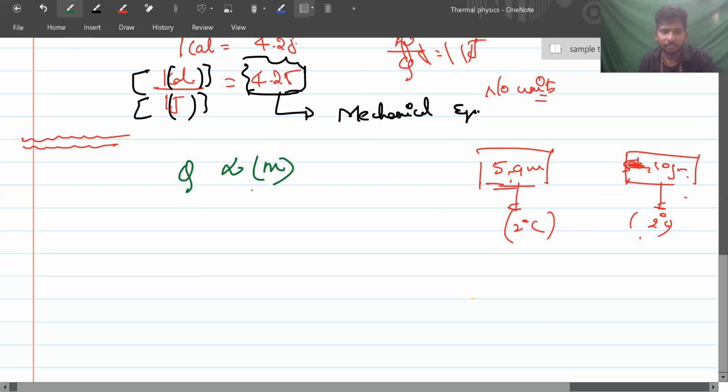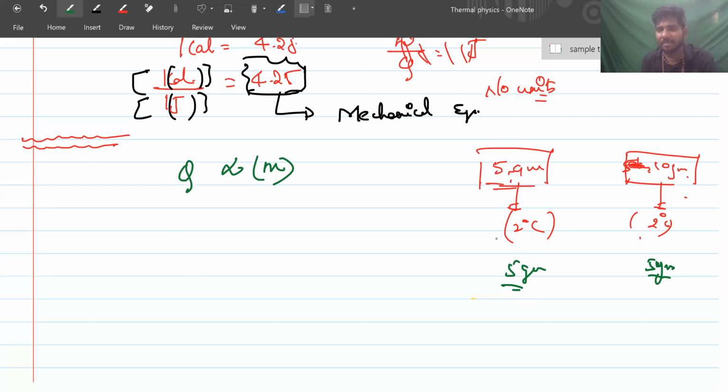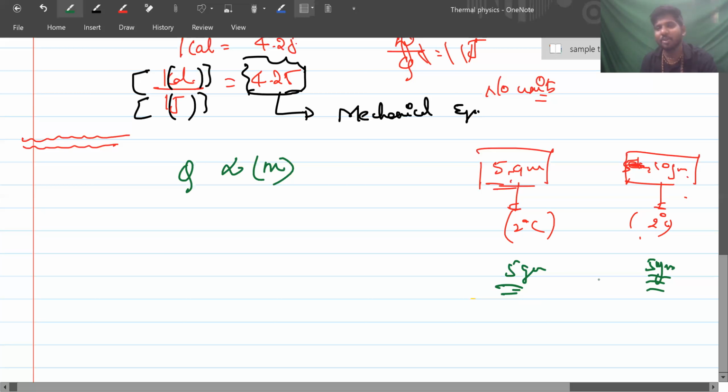Now I took two situations, 5 grams and 5 grams. The actual derivation, how they derived it, is different. Just to make you understand, I'm trying to relate these things. It's not that everywhere you can derive the formula like this. So if you want to raise this by 5 degrees and that by 10 degrees, for which is more energy required? The 10 degrees one. That means Q is proportional to the temperature difference.